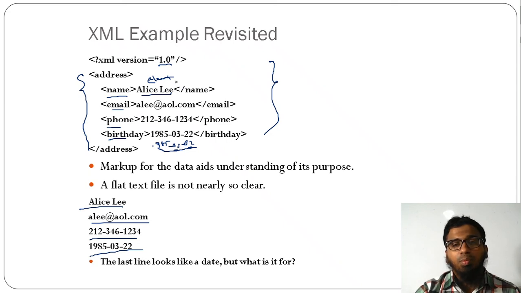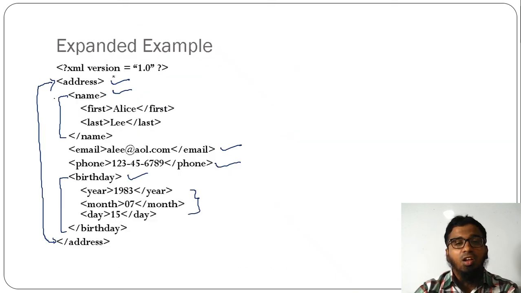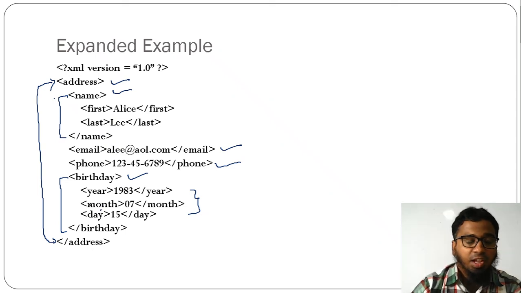When you revisit, meaning after writing the code you come back after one day, two days, or many years, you can easily understand this code. But here we cannot understand what this number is. This is an email ID, we can identify. What is this, name or area name? We don't know. What is this, date of birth or application date? So whenever you write like this, you can easily recognize the data when you come back. You can expand to first name, last name, year, month, date.